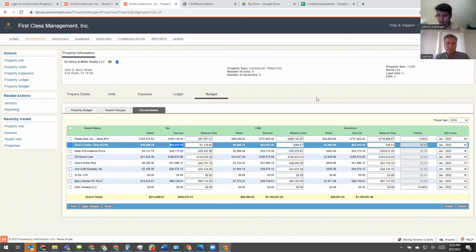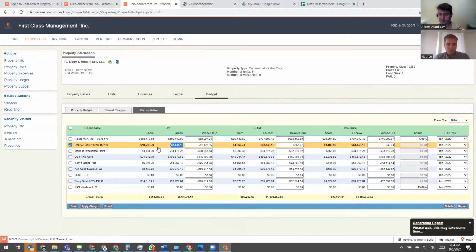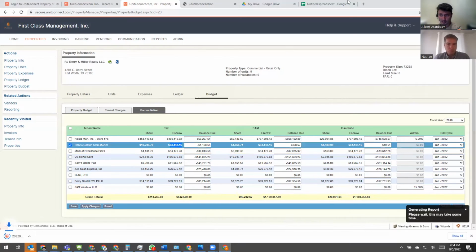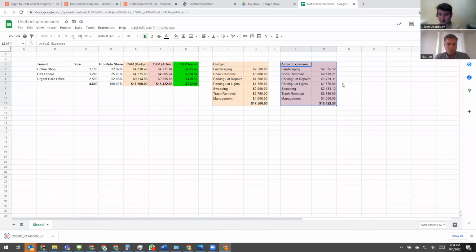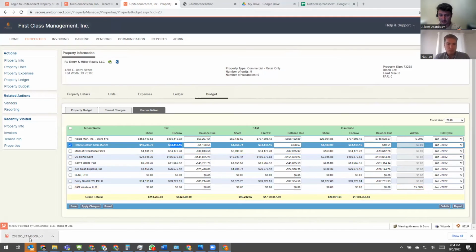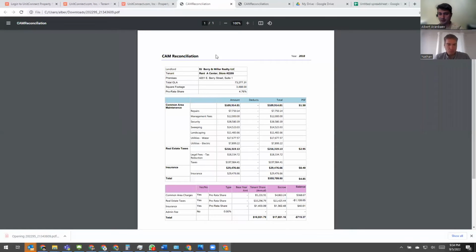Okay. So I'm going to run the report. Simply click report, and that's going to generate a report which does all the comparison that we basically did in this spreadsheet. This report will be specific to this tenant. If I want the report for the entire property or for multiple tenants, I could just select multiple tenants and see that report. So I'm going to open the report for this specific tenant